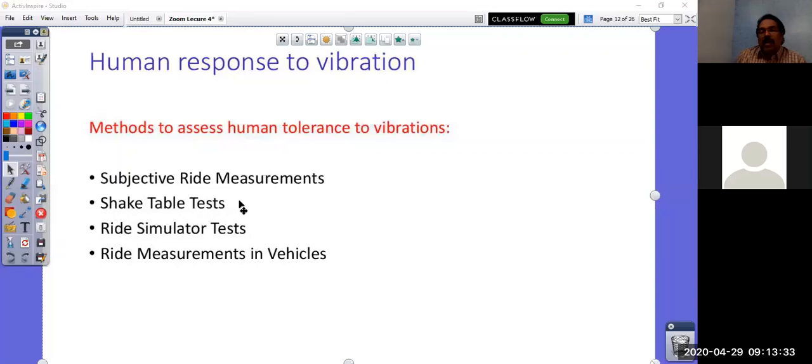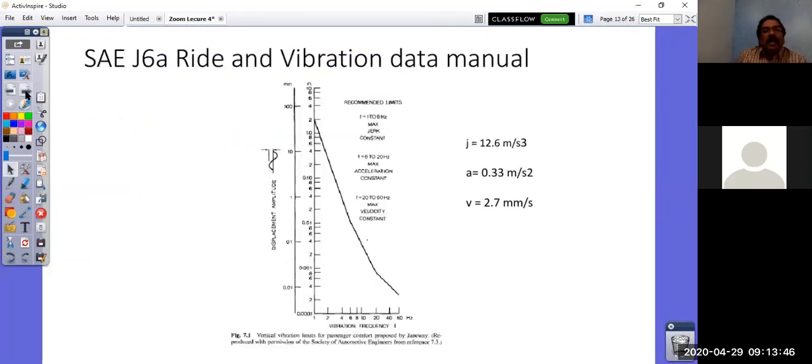So for that, there are many research data available. They have been conducted in the laboratory and on the road condition. This we have discussed in the last class. And then we came out with some important boundaries, ride comfort criteria given by SAE based on these types of laboratory and on-road tests. So this particular SAE J6A, Ride and Vibration Data Manual, this Janeway criteria defines